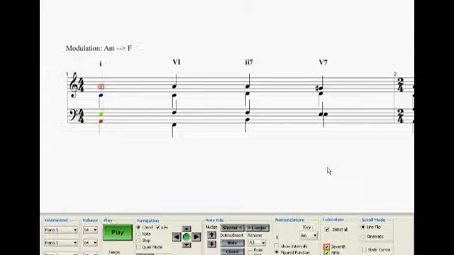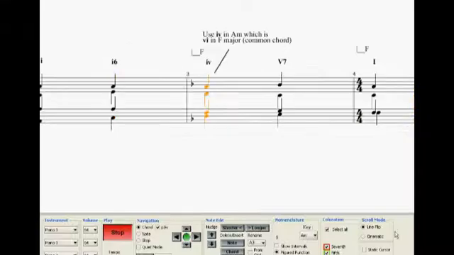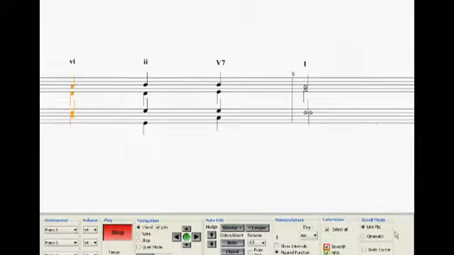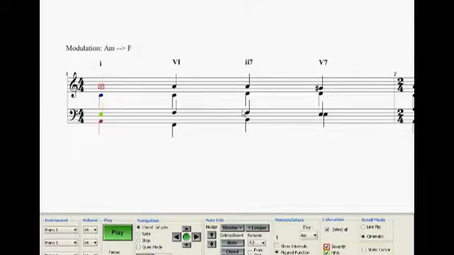The last two modulations rely on a different common chord from the tonic minor chord. Let's look first at the modulation of A minor to F major, and let's listen to it. So this modulation relies on the 4 chord of the initial key, A minor, becoming the 6th chord in the target key, F major. So we start off with a cadence in A minor,